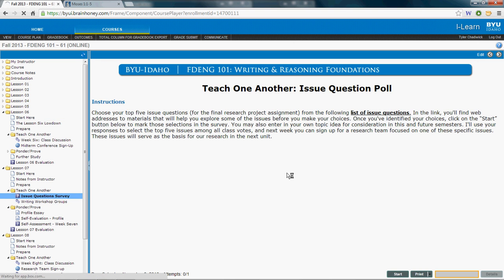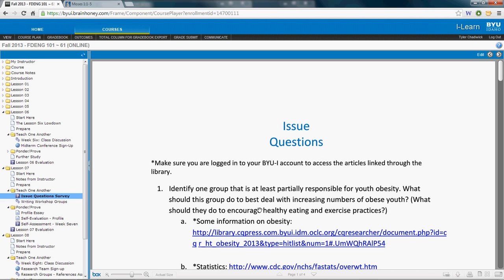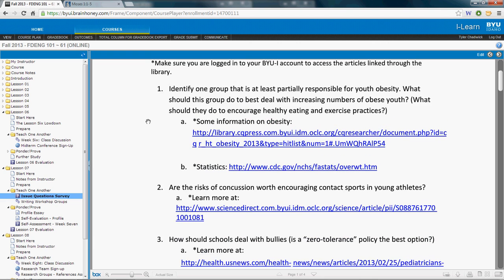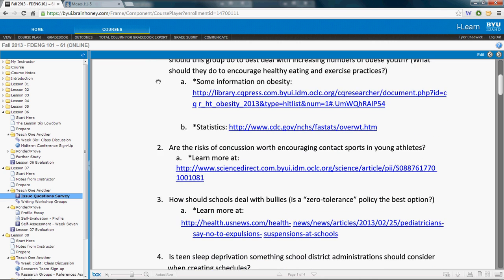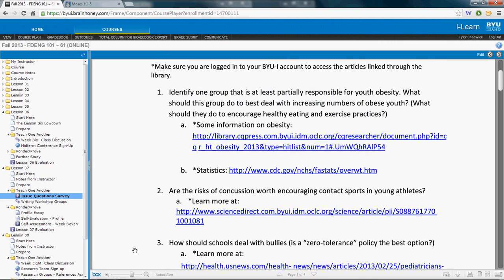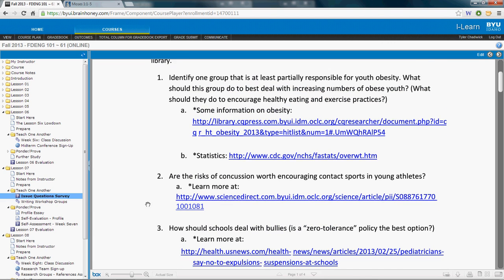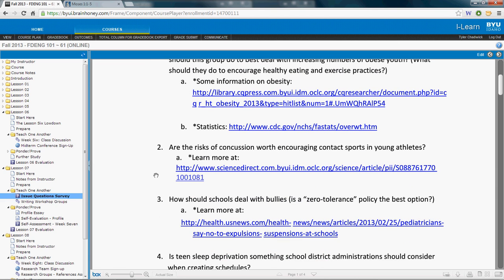You will choose from a list of issue questions on obesity. Okay, several issues that you'll be looking at starting next week. The first thing that you'll be doing is in the next project, which is an individual researched proposal, where you will look at an issue, you will look at the problems with that issue, and you will offer a solution to that issue in an individual paper. That's the next project that is on the docket here.